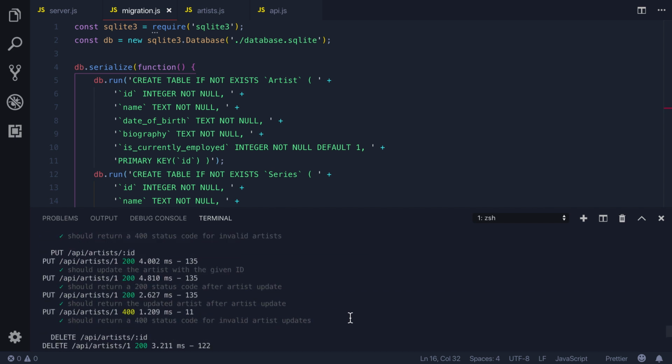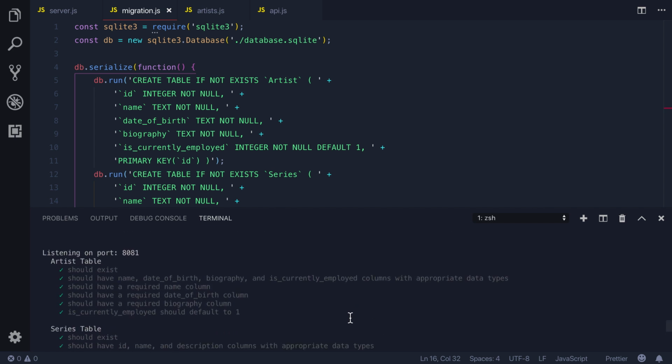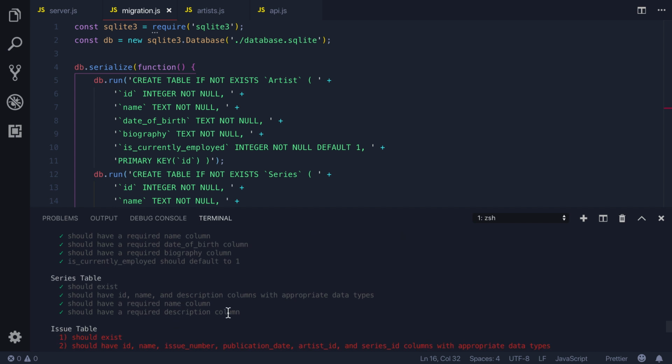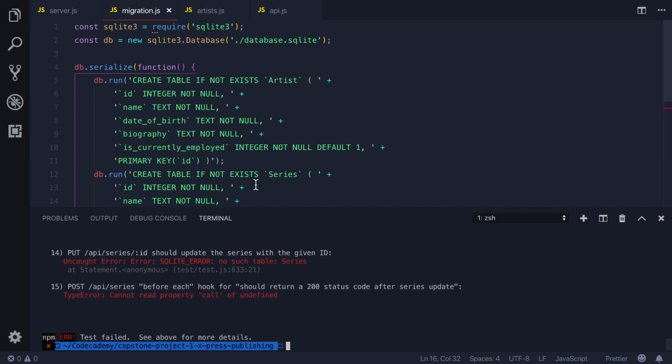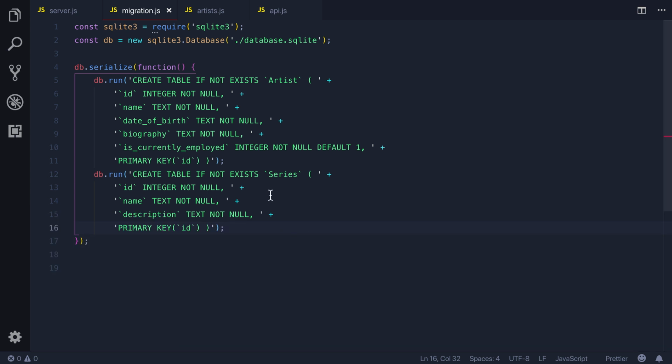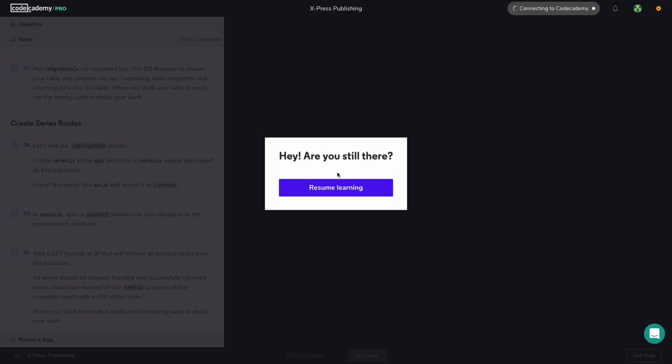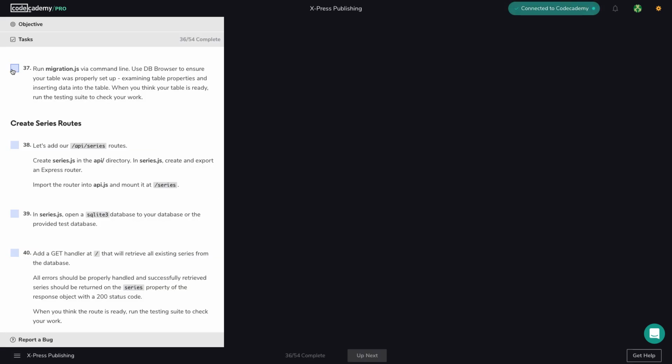Okay, let's go ahead and scroll all the way to the top. We have our series table, and it was able to create it. It should exist. It has an ID and all the fields with appropriate data types, and has a required name column, and it has a required description column. Okay, so that seems to be working, and I'm just going to close this and make a little bit more space here, and then we can move on to the next step, where we're going to create the routes